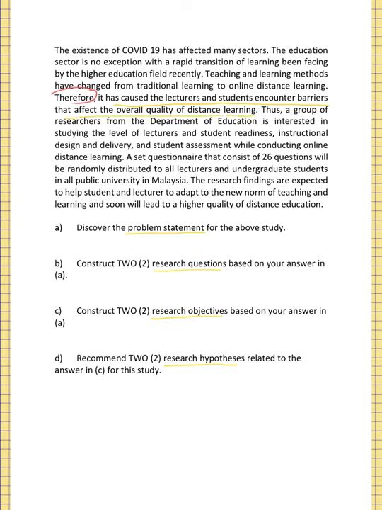So actually, this is our answer for question A. Okay, this is our problem statement. Usually what sentences are used? Therefore, hence. So, this study is conducted to